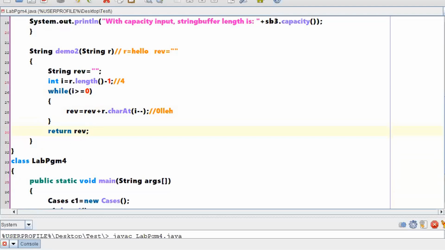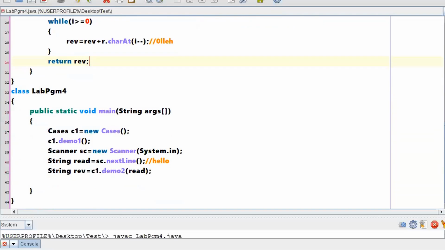Who is expecting this particular rev? Let us just cross check. Yes, here is one more reverse string. So this particular rev will be copied to this particular rev. Don't get confused. This is a local variable and this is another local object with respect to the main method. So whatever reverse you got here will be copied to this one.